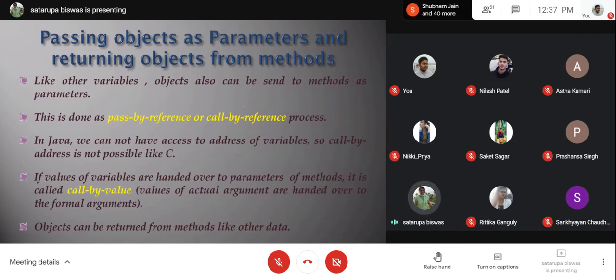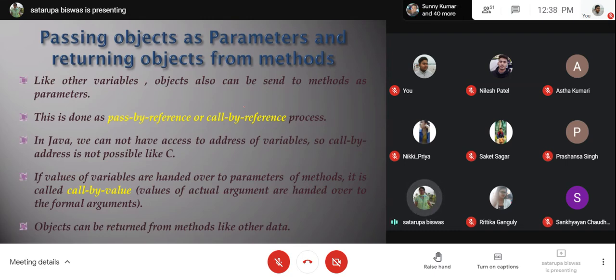Actually, call by value means you are sending the direct values and the values are being copied to the local variables, as we always do for primitive variables. When you pass the values for primitive variables, we do so. But when we did the same thing with the pointer, basically that was call by address, because you have address level calling permission in C. Here, we do not have permission to directly access the address of a particular location. We don't have that access here in Java.